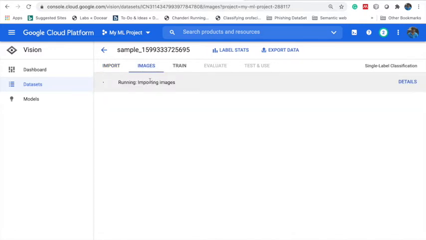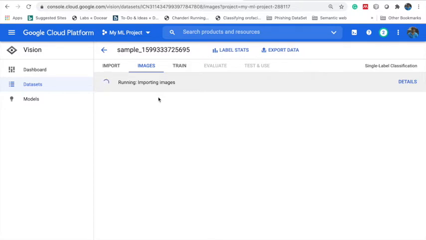So this particular step will import all the images from the bucket which we have selected. Currently our bucket is having 3 images. Those 3 images will be loaded into the model for generating the model. So this is the step that takes the maximum time.